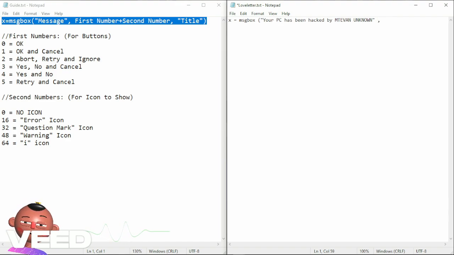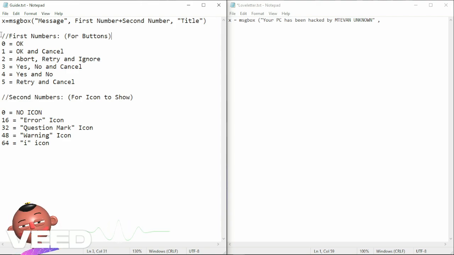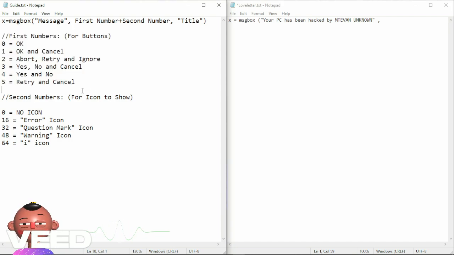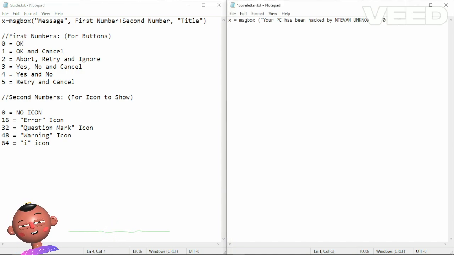and then a comma. And now comes the first number plus second number. The first number is for buttons, what kind of button you want to use in this message box, and the second number is for the icon you want to show to your friends. So the only thing my friend has to do is click on OK, and that returns to the next window. I'm using 0 plus the second number to show an icon, and I'm gonna use the error icon. It stands for 16,